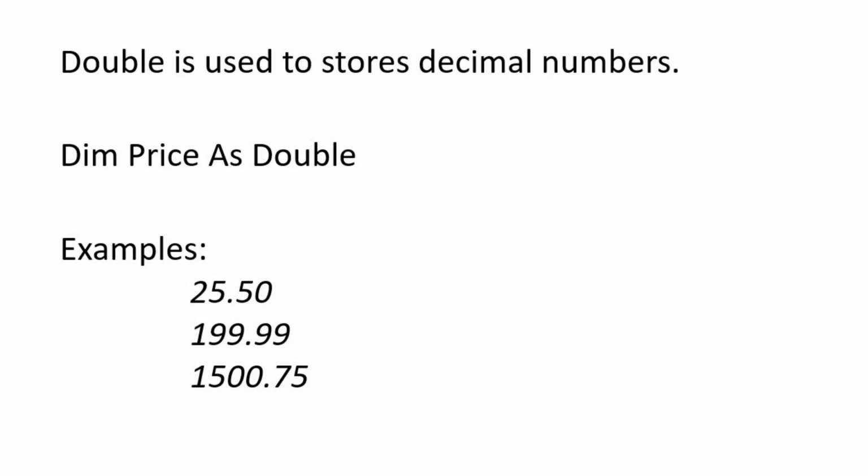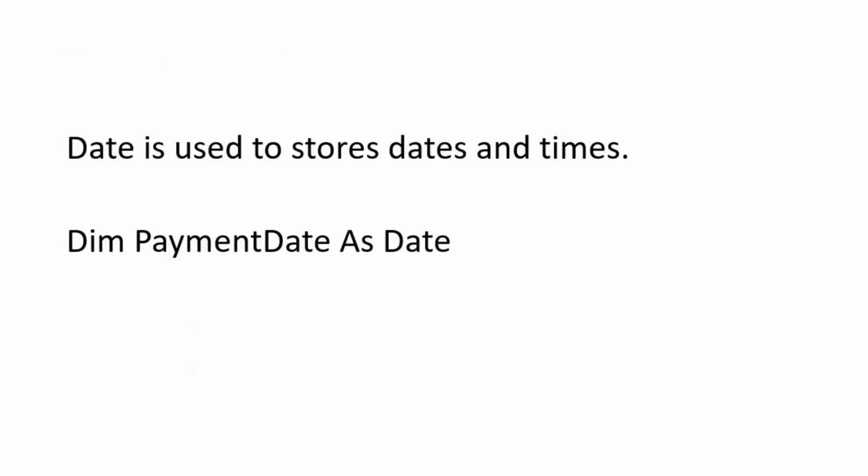Double data type is used to store decimal numbers. We declare it in this way: Dim price As Double. The kind of data it will handle is 25.50, 199.99, 15,000.75, and others. On the other hand, Date is used to store dates and times, and we will say Dim